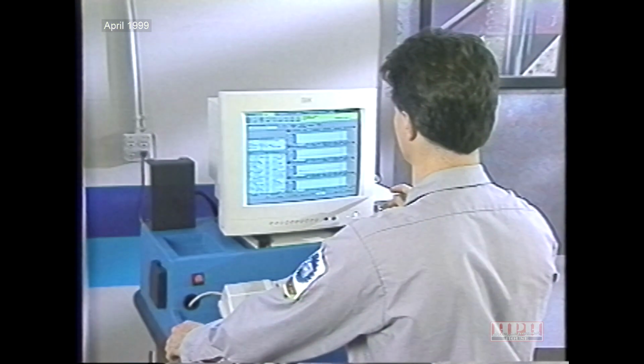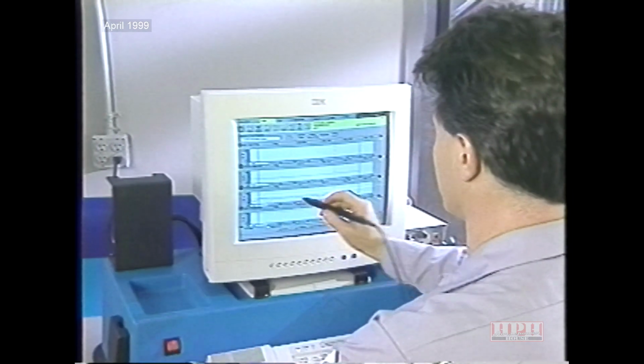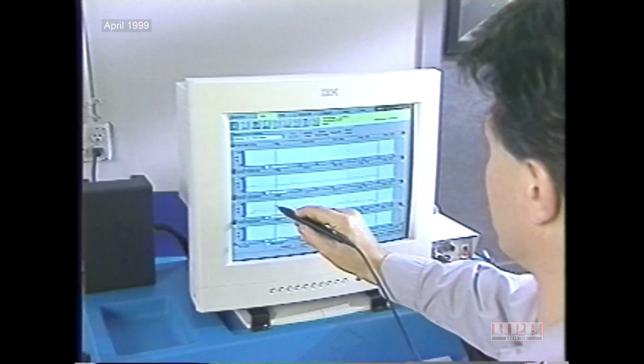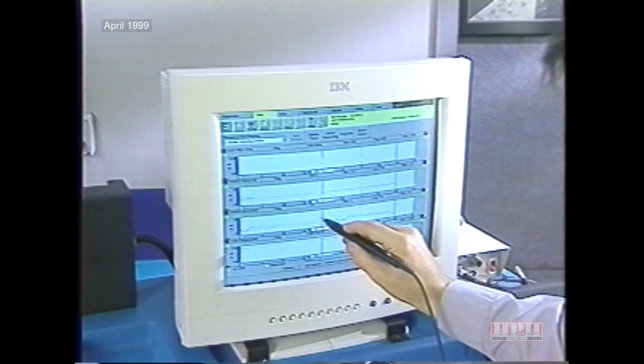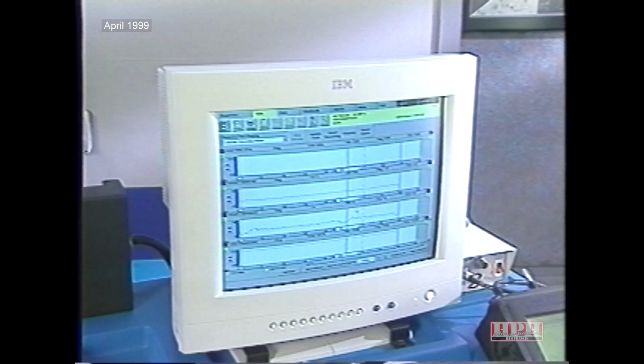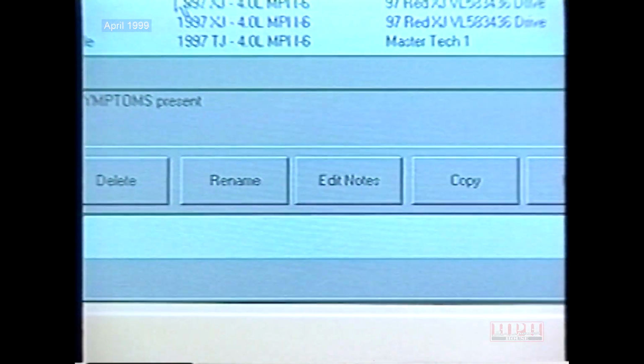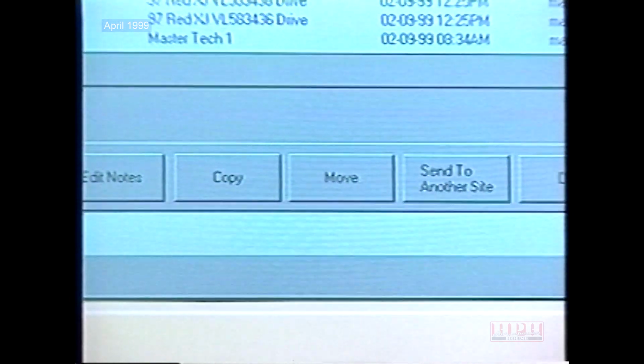Once a data recording has been uploaded, the MDS2 offers a lot of flexibility in how the information is displayed. Before we cover the different display attributes, though, let's take a look at how you can organize the recordings. The buttons at the bottom of the Select Recording screen allow you to do different things with the data recording